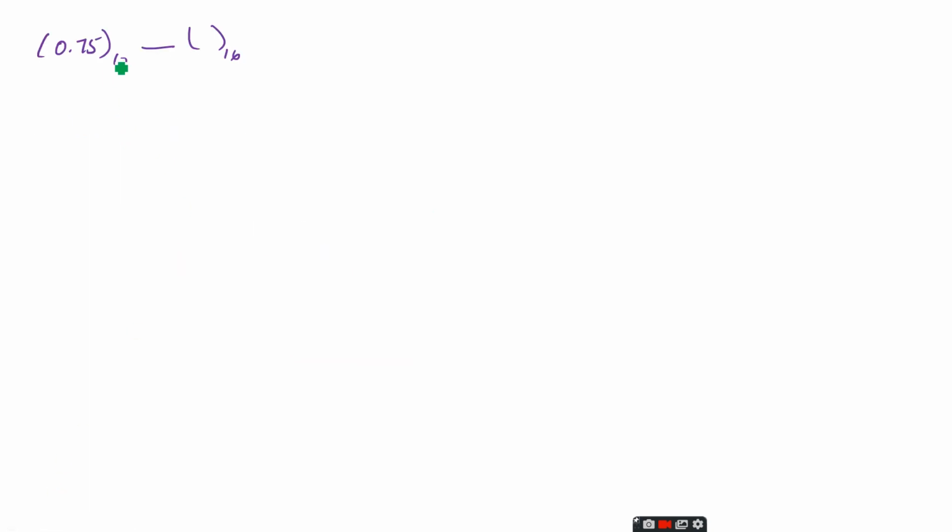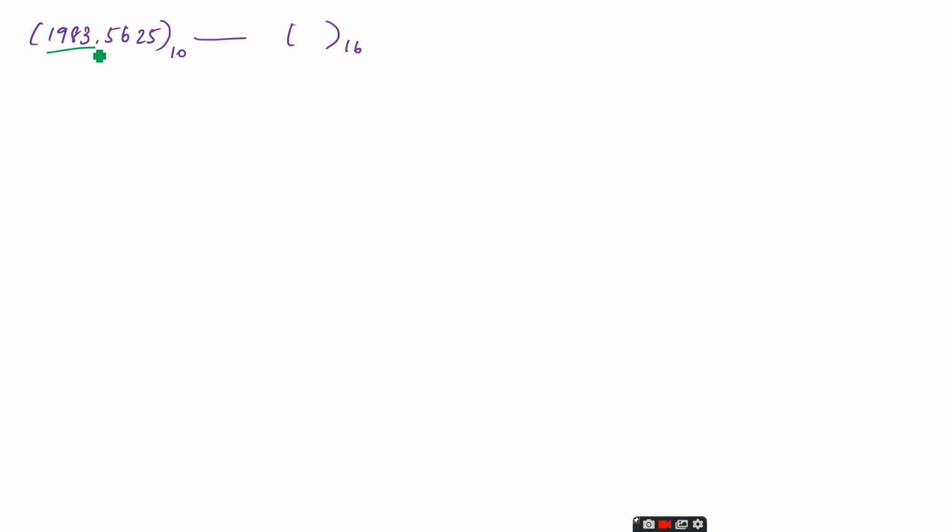Now next, 0.75. So 0.75 times 16, the answer is 12.0. Now it is not possible to multiply 0 by 16, we'll get the answer as 0. So we'll stop here and we'll write down the answer. From top to bottom only one value is there. So we'll write 0 point C, then we'll write base 16. This is the answer.